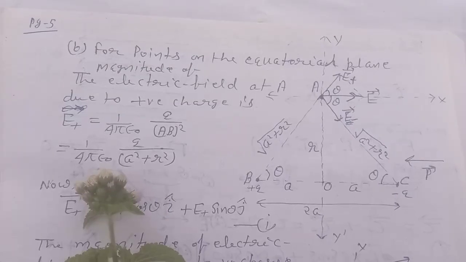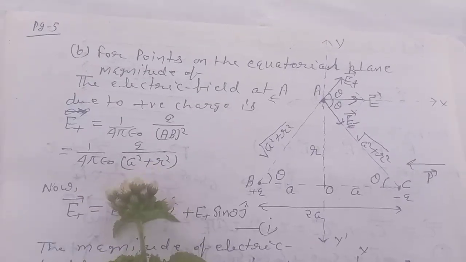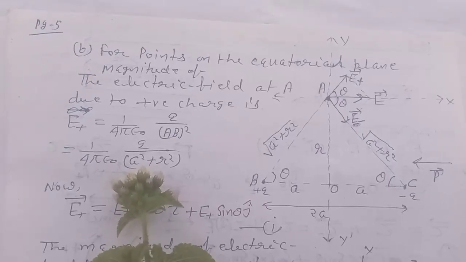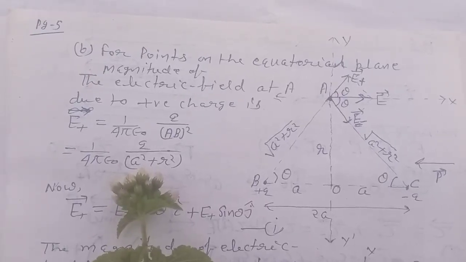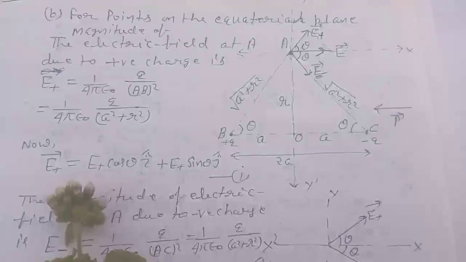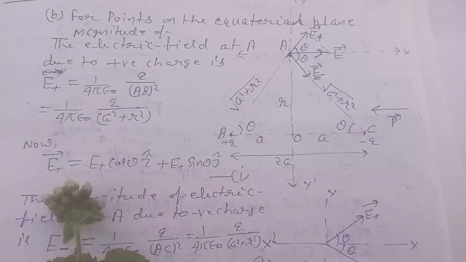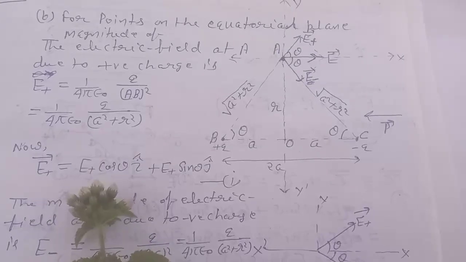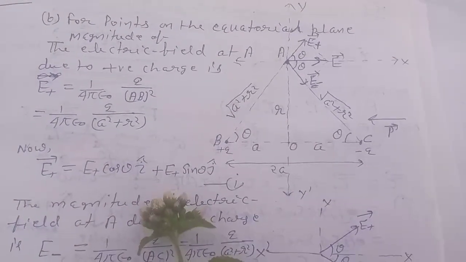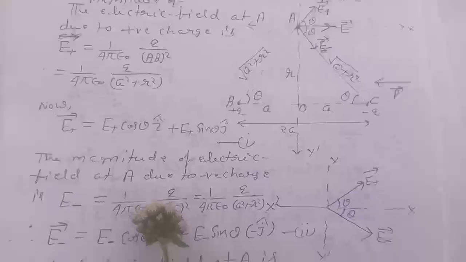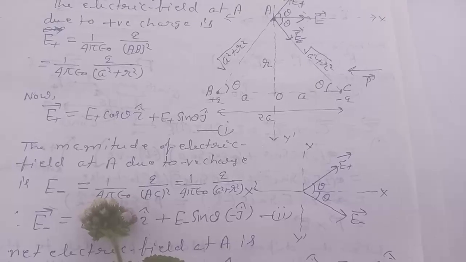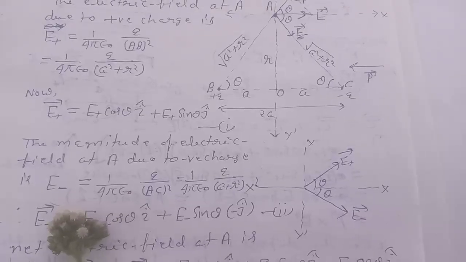Now AB will be equal to A square plus R square, so AB square will be A square plus R square. Now E plus vector, taking component form, equals E plus cos theta i cap plus E plus sin theta j cap, equation 1. Now the magnitude of electric field at A due to negative charge is E minus equals